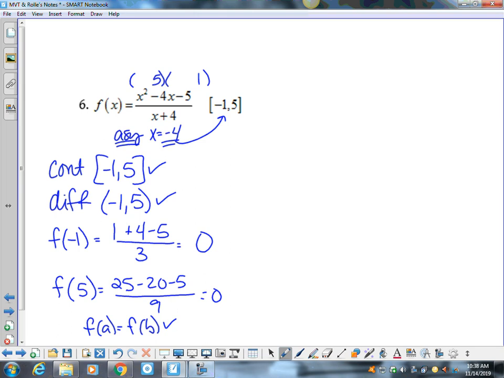Okay, and because of this, I know that my slope is 0. I don't have to go find it. Okay, so now I'm going to take the derivative, and this is a quotient rule, so this is a low d high. So low, d high,